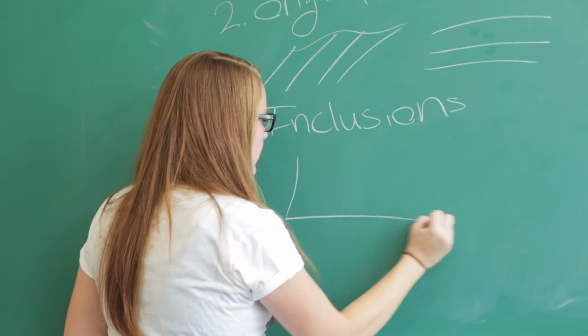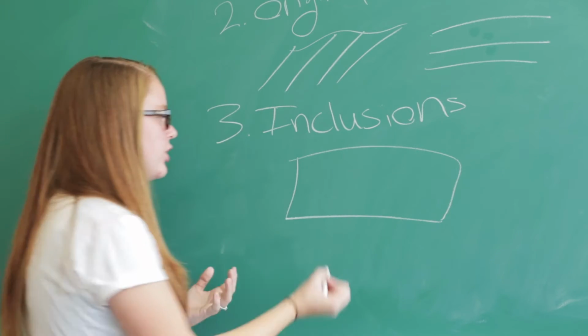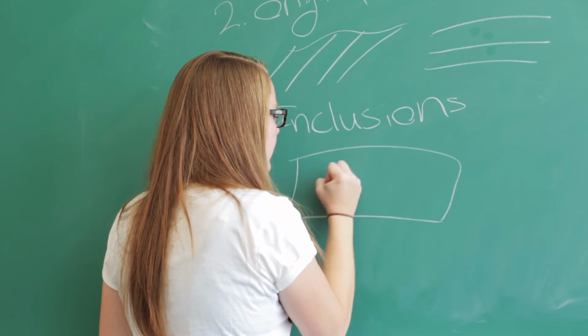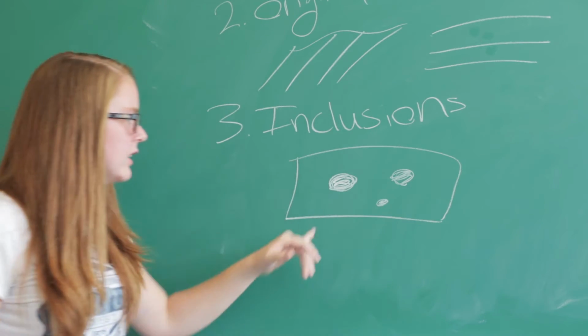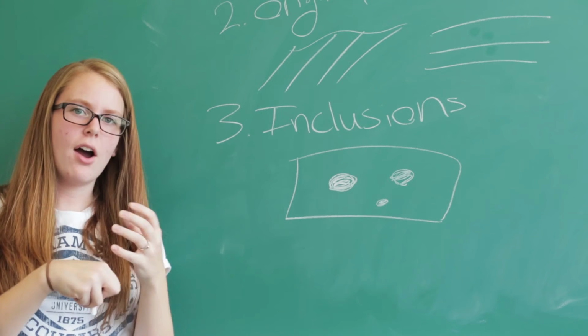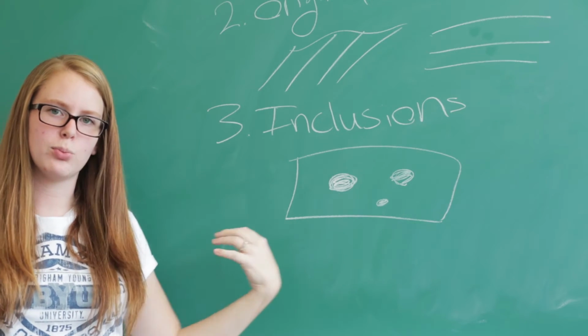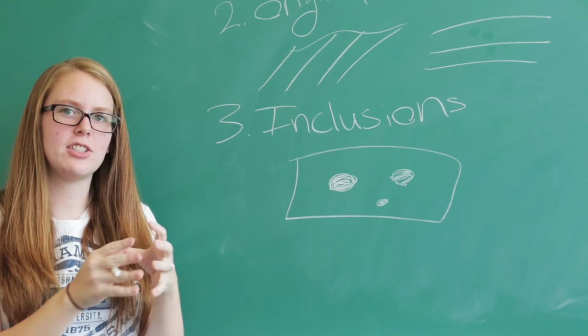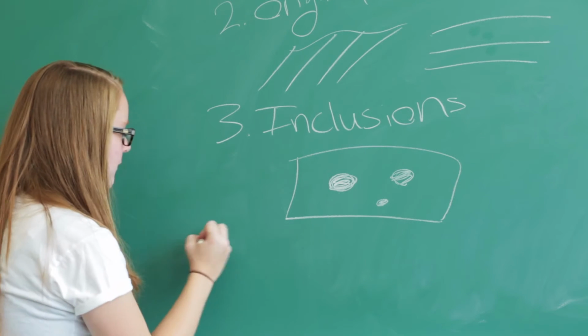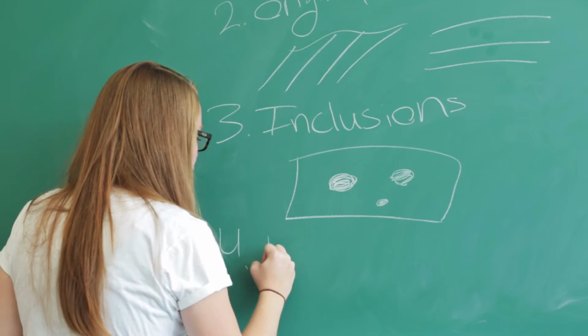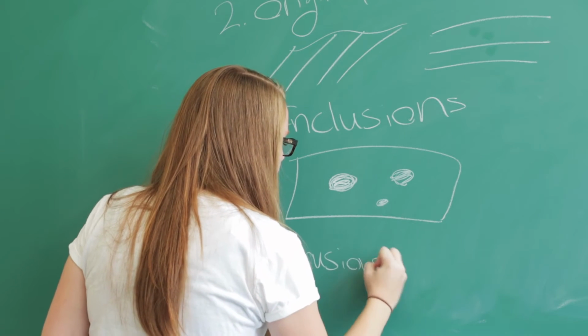Inclusions is where you have a big chunk of rock and you have all these little ones just sprinkled throughout it. These ones included in it are younger than the surrounding rock. That rock had to be there first in order for something to come in around it and give it a hug. Fourth one is intrusions, or you can also call it